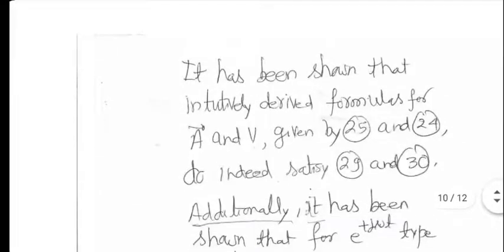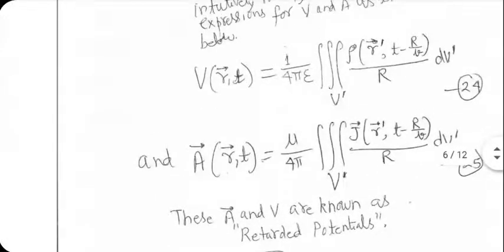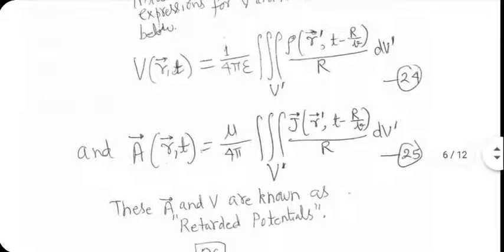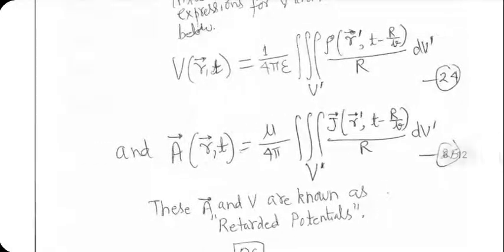So whichever way you look at it, we seem to be justified in using equations 24 and 25. They are now analytically supported also, not only supported by intuition, but analytically also they seem to be correct. They are solutions to those two equations that we have got using Maxwell's equations.